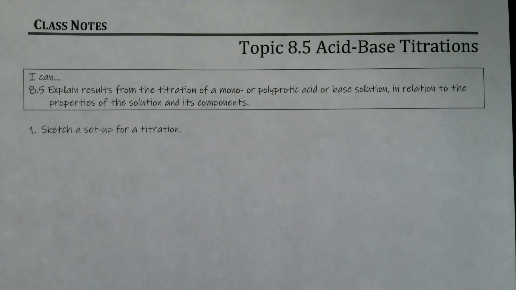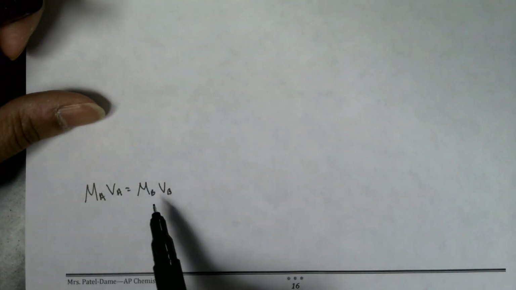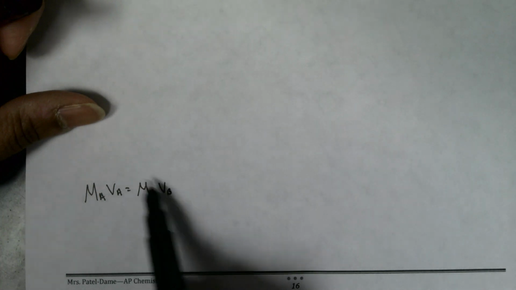But essentially, the purpose of a titration is to figure out the concentration of an unknown acid or base, knowing one of them as a known. So we had used a formula before called MAVA is equal to MBVB. If we knew the molarity of the acid and the volume of the acid, and we knew the volume of the base, we could figure out the molarity of the base. Or if we need to figure out the molarity of the acid, we could have the other three and then